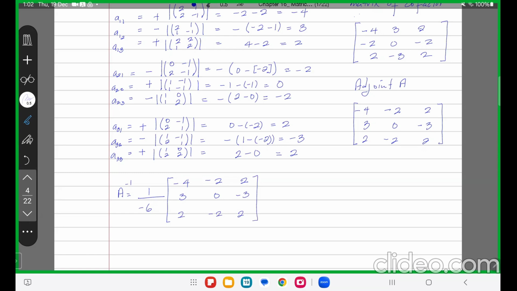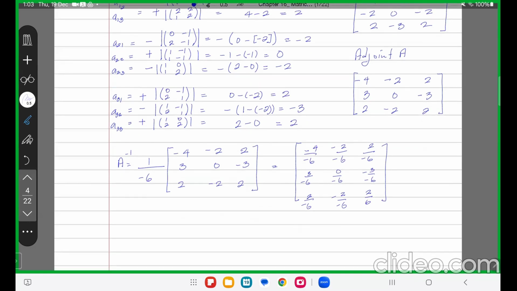Now, if I want, I could take it a step further to being minus 4 over minus 6, minus 2 over minus 6, 2 over minus 6, 3 over minus 6, 0 over minus 6, minus 3 over minus 6, 2 over minus 6, minus 2 over minus 6, 2 over 6,